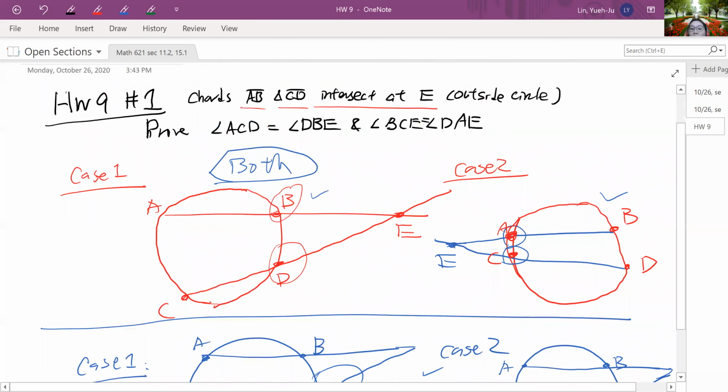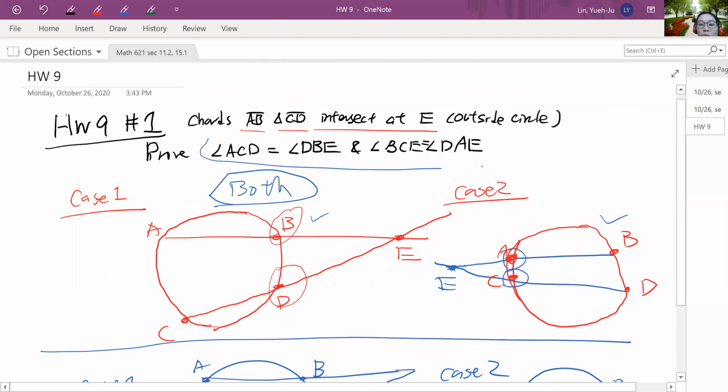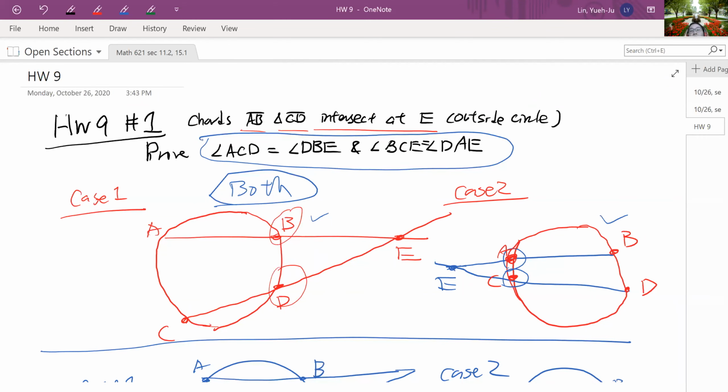But in either case, you still need to prove both angles are equal, and you can prove it in both cases. That's why in the email I mentioned that you need to prove both cases. I mean, one of the cases would actually be easier. So for example, case one, you're going to prove